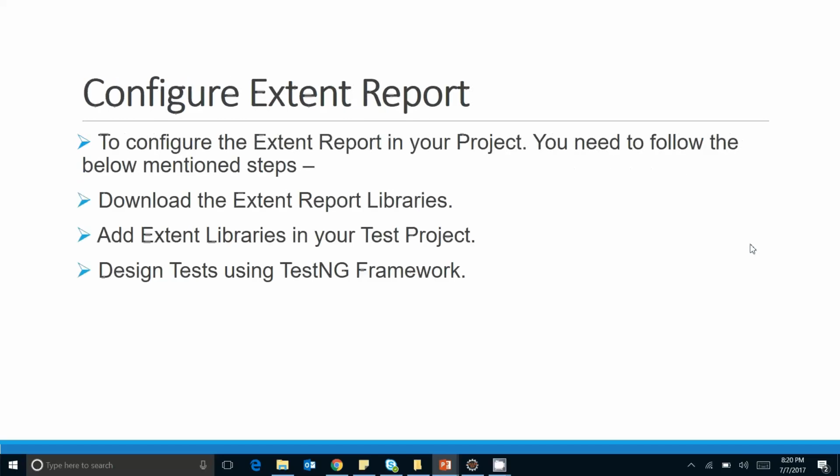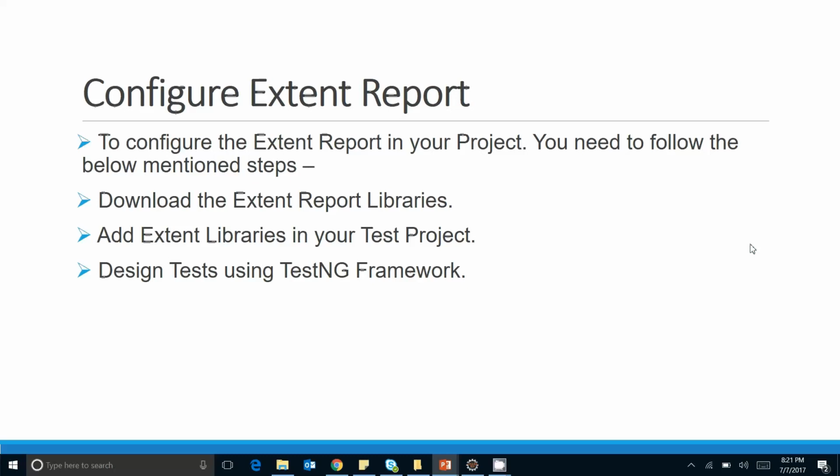Now the question comes, how can you configure the extent report? It is very easy to configure the extent report. You just go to the extent report official website, download the jars which are available over there, and add these jars inside your test projects.